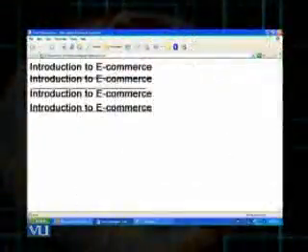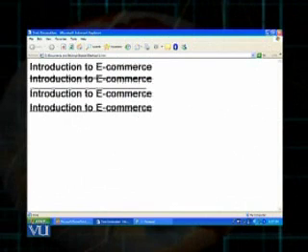So using this property, I can strike out certain information, I can underline certain information, etc. In the slide you can see there are 4 lines. In the first line, the words are introduction to e-commerce, and then in the second line, the same words, but these words in the second line, they are struck out.